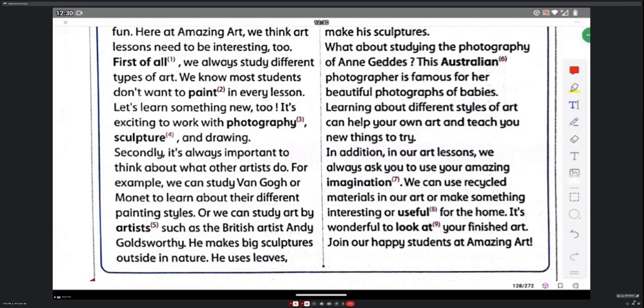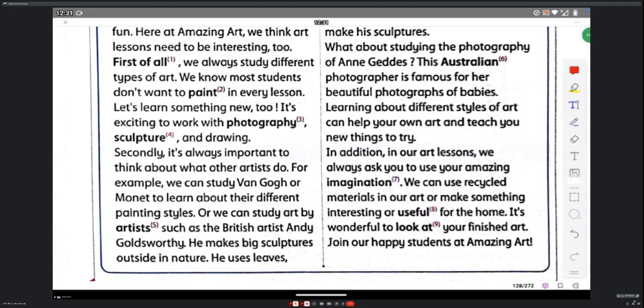It's exciting to work with photography, sculpture, and drawing. It's always important to think about other art. So, for example, we can study them, draw them, or respond to art about their different styles. Or we can study art by artists, such as the British artist